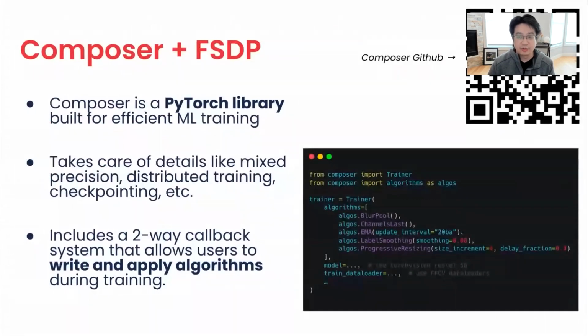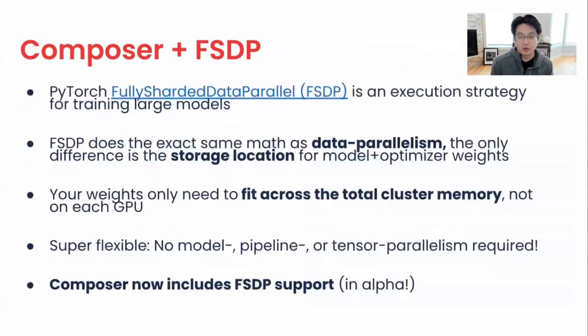So to train our model, we used Composer, which is our PyTorch library for efficient ML training, plus FSDP, which is PyTorch's fully sharded data parallel library component for distributing the model across multiple GPUs. What's nice about Composer is that we take care of all of the system-related infrastructure details, and we really specialized it for training of large language models. And it also has ways to add in these different algorithms to improve the efficiency of the training process.